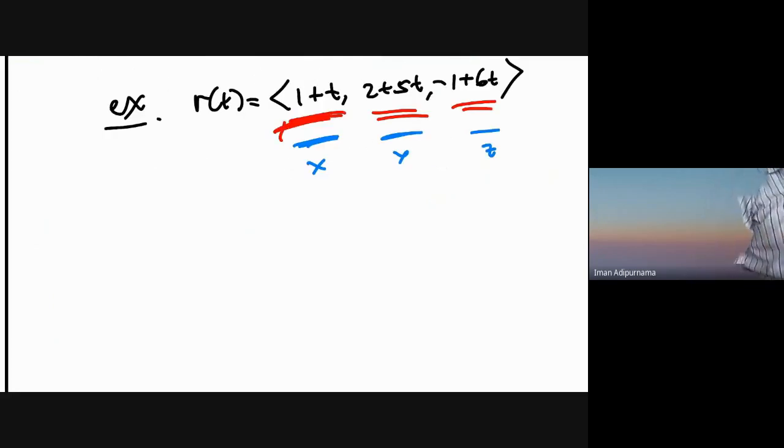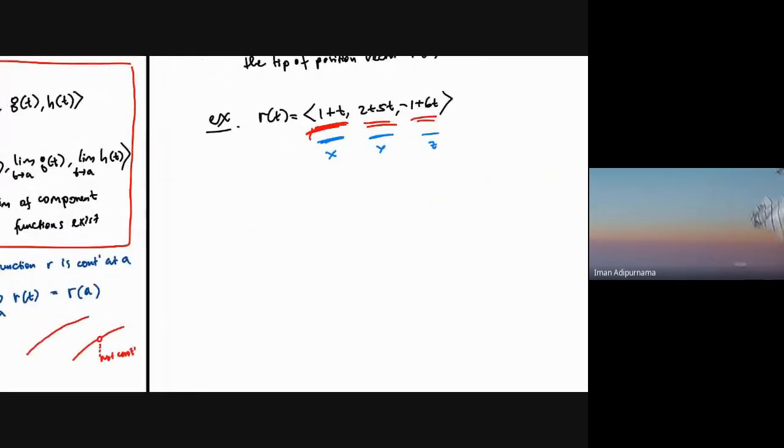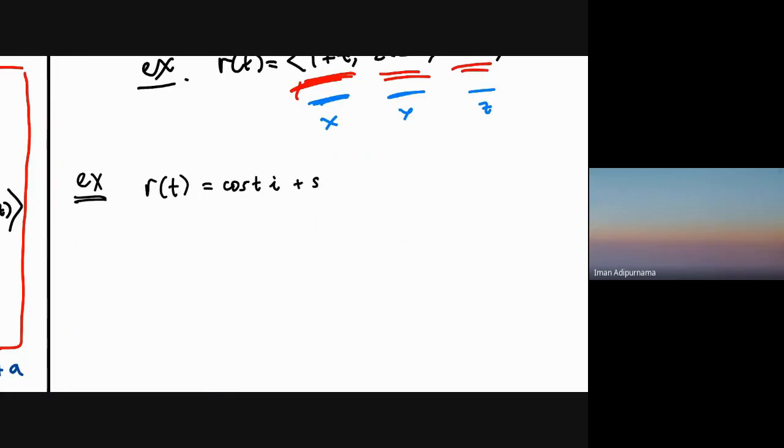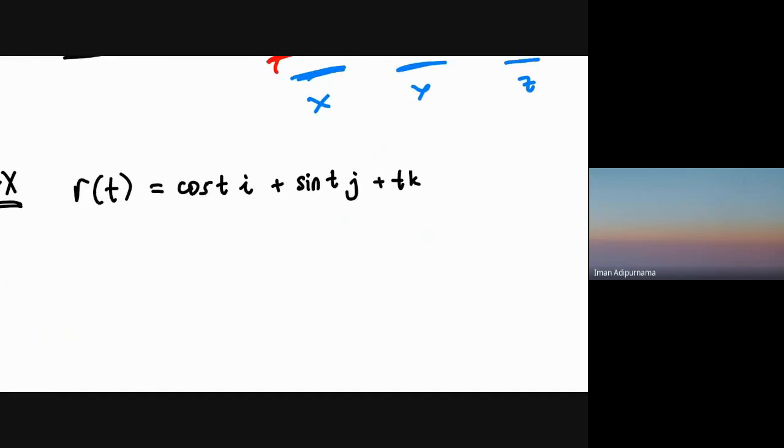Another example that you can think of is if you have the vector function: cosine t in the x axis, sine t in the j or y axis, and t in